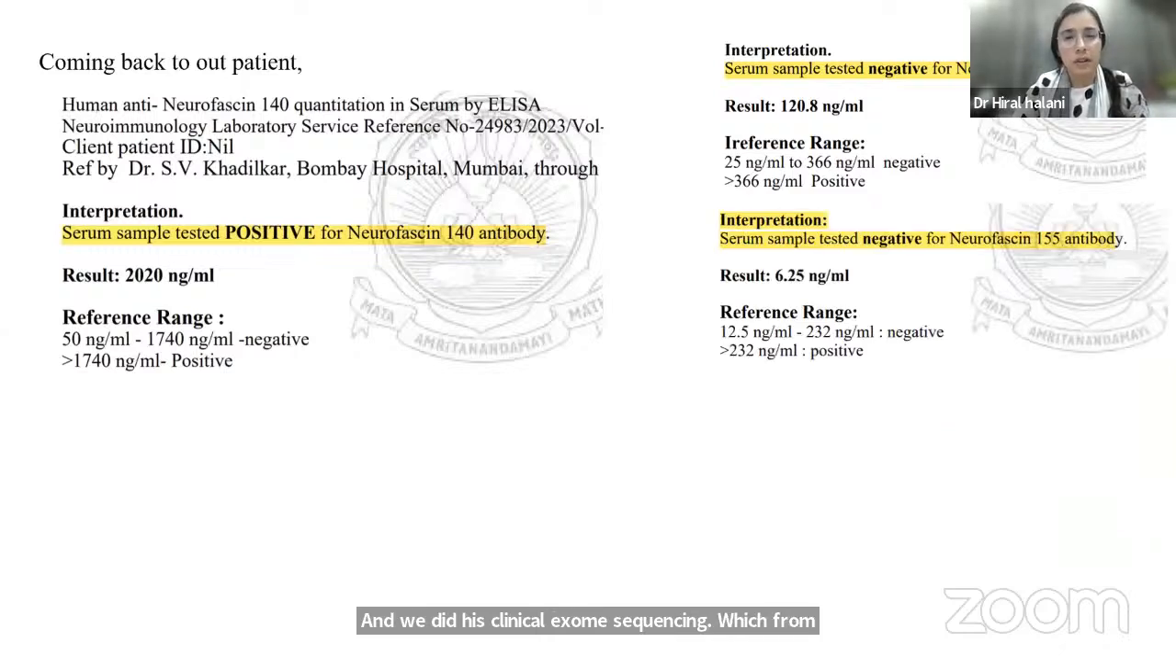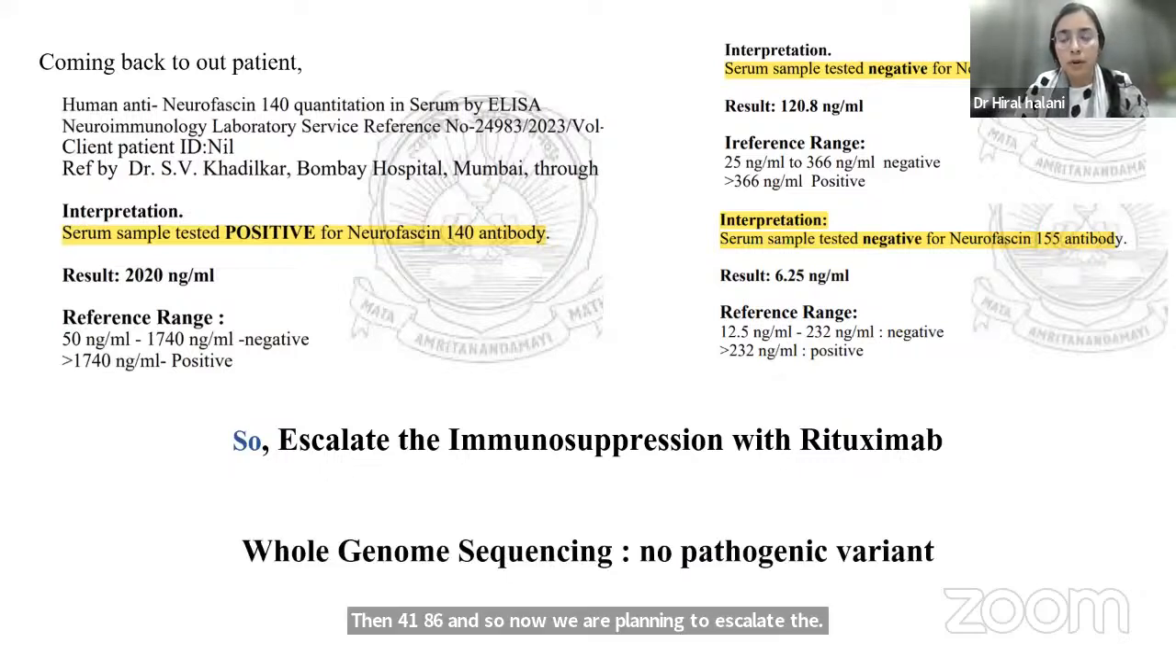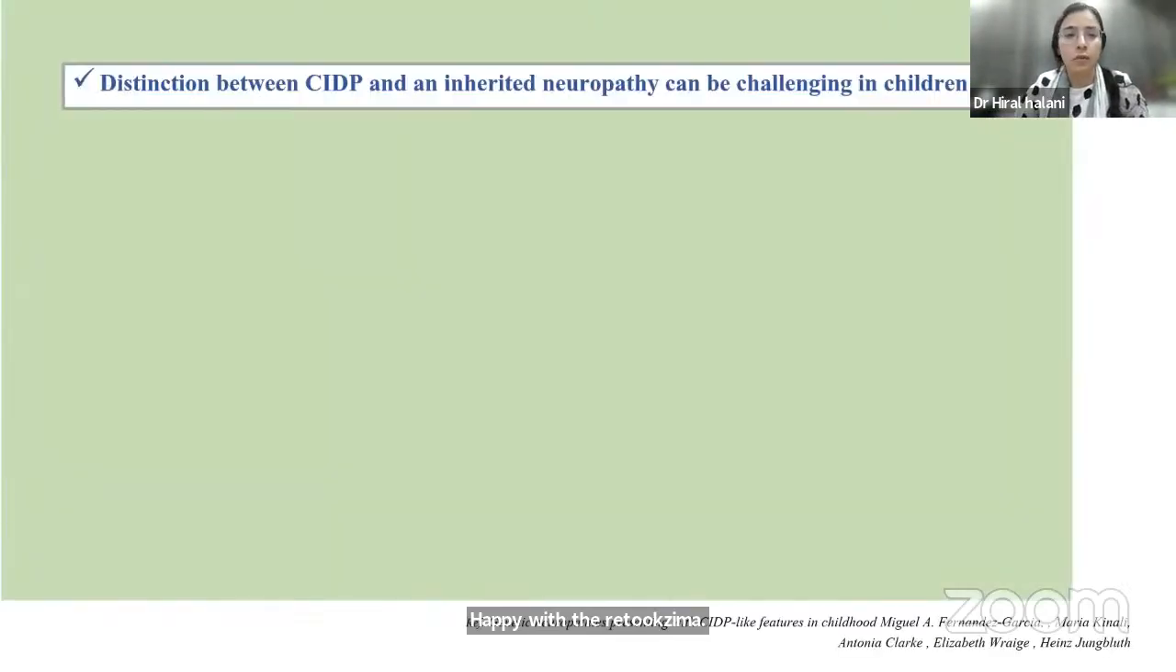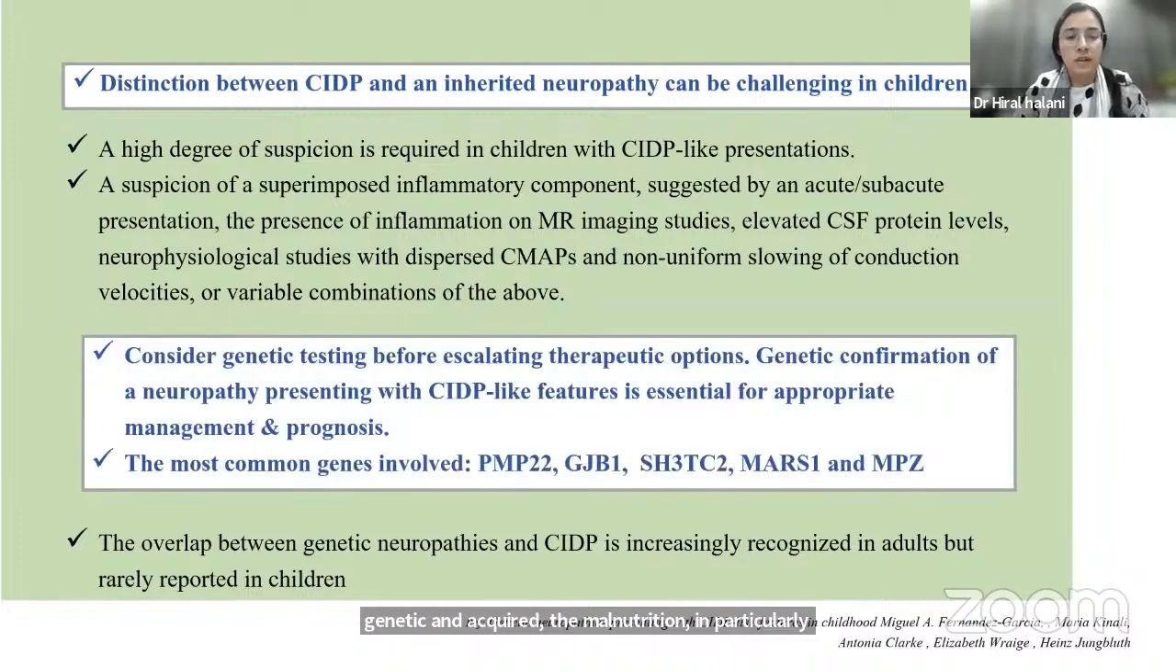The neurofascin panel was in fashion, so we did this panel, and surprisingly, we got this antibody positive, NF140, 186. And so now we are planning to escalate the immunotherapy with rituximab. But before rituximab, we even did his whole genome sequencing, which has not yielded any pathogenic variant. So this case was to highlight the overlap between the genetic and acquired demyelinating neuropathies, particularly in young adults and children. So one should consider genetic testing before escalating therapeutic options in these people, because